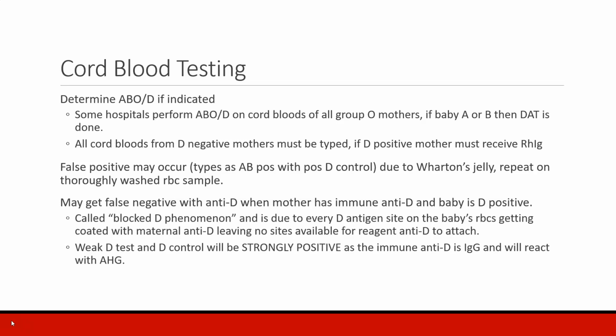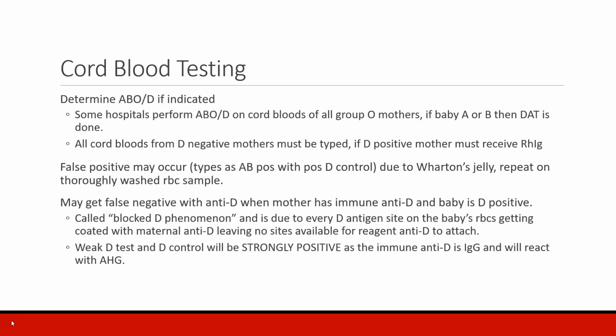Well, you're going to determine the ABO type if it's indicated. Some hospitals perform ABO on cord bloods of all Group O mothers. If the baby's an A or a B, then a direct antiglobulin test is done. All cord bloods from D negative mothers must be typed. If the baby is D positive, then the mother must receive a product called Rh immune globulin, which we will discuss further on in this lecture